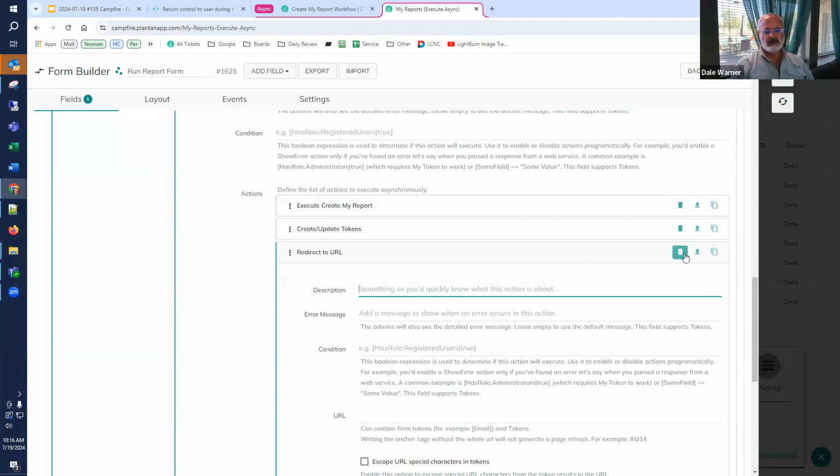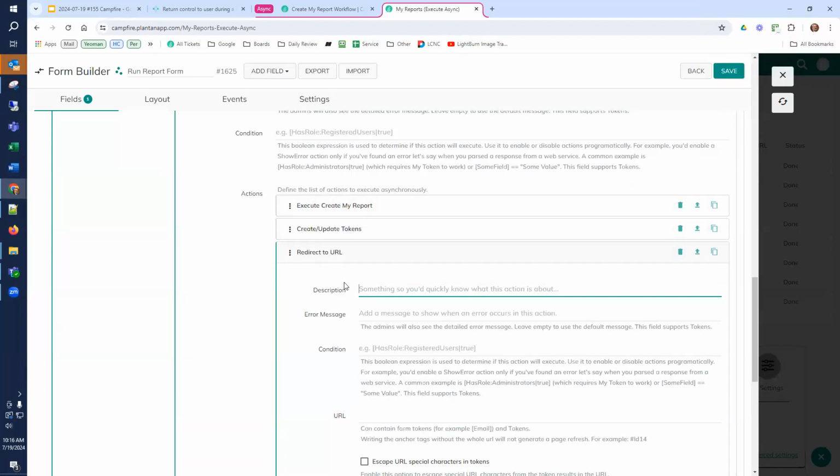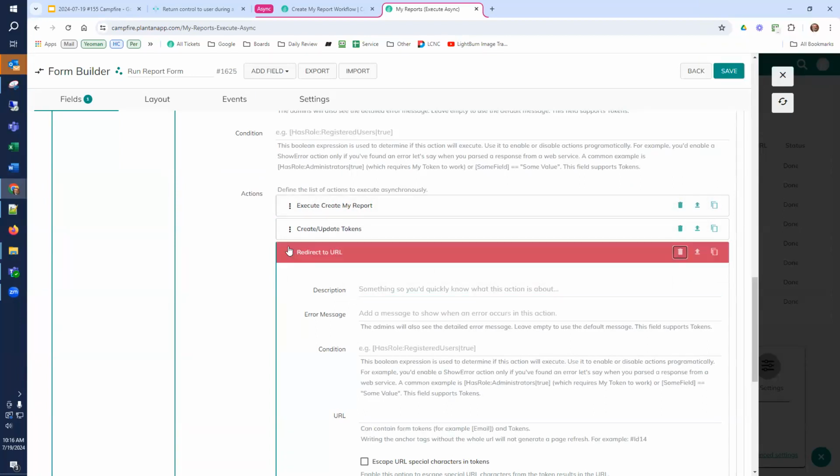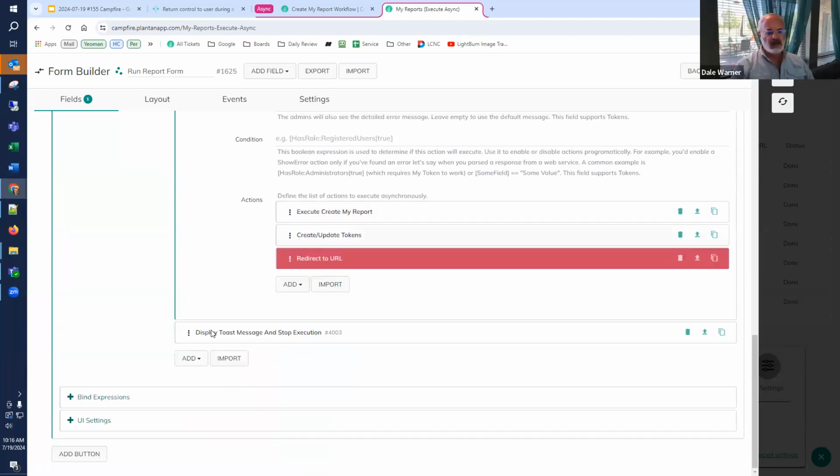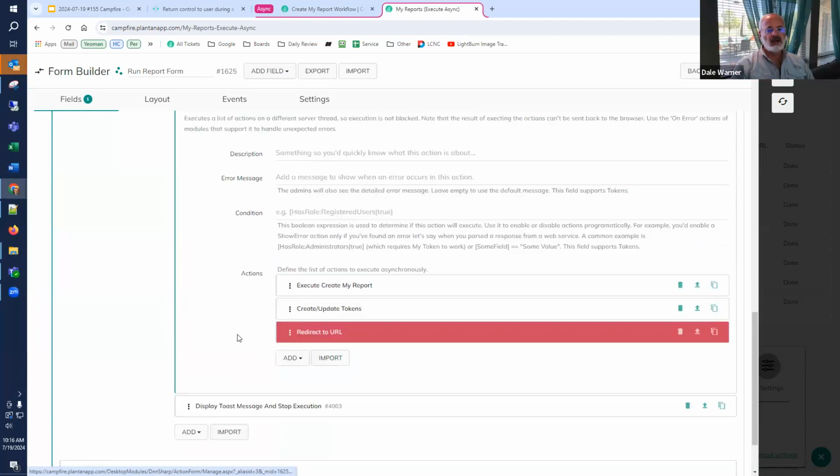So this is illegal, correct? And the one following your async runs immediately, so you can't do it below. You have to design your own way to connect the user with their report.